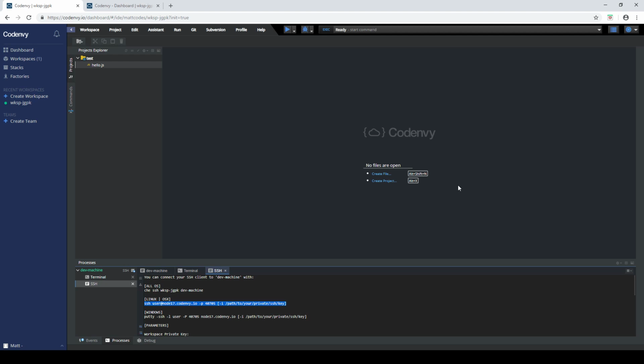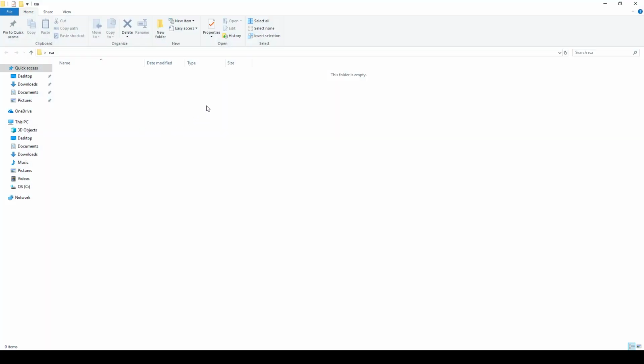So I'm going to use PowerShell, but either one should work. So you can just copy this command, and I will. Okay. And then I have a folder here that's going to contain my ID RSA file. Okay, so